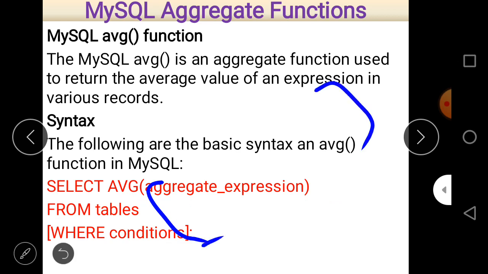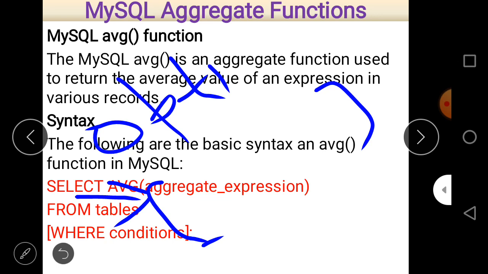And why is it so? It basically represents an optional parameter. It means it is not a compulsory part that you always use a where condition. It is according to the requirement. So optional parts are always given within a syntax in square brackets. So this is another important part here.